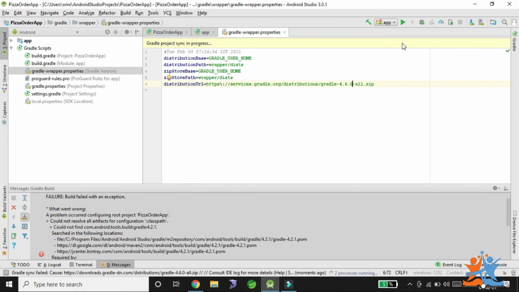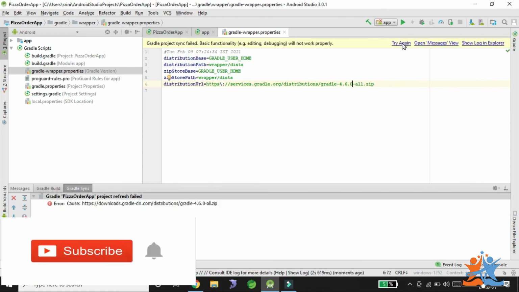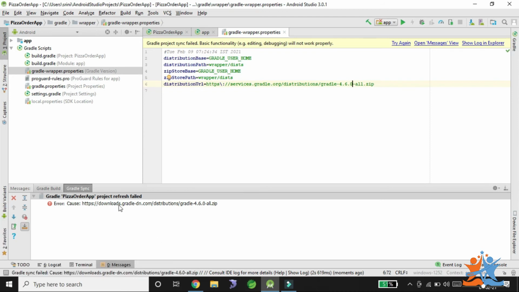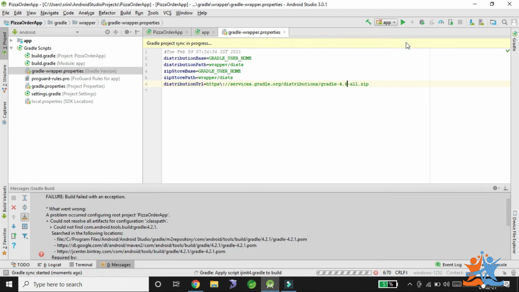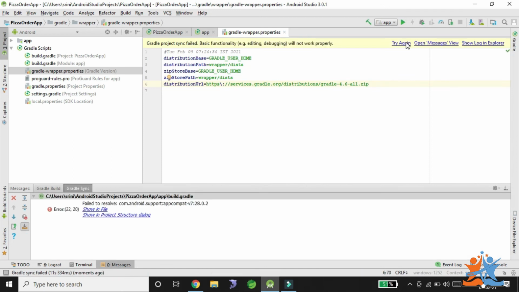It will take a few minutes, because of HTTP downloads, Gradle and some issues we have. So we need to change this one into 4.6 only. Then retry. Gradle will process within a fraction of minutes and seconds. It will check the compatibilities we set in all those things.